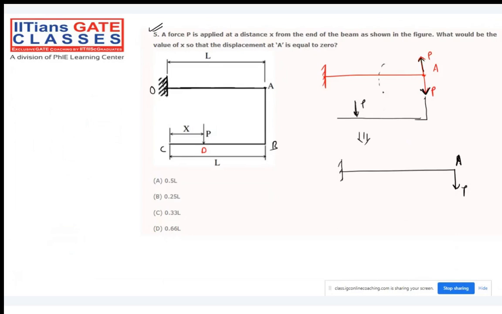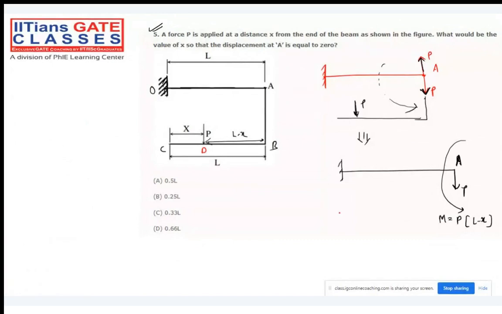We'll create the moment something like this. And what is the moment? P into L minus X. What about this distance? This will be L minus X. Getting my point? So now, when you try to solve this particular problem by the principle of superposition, we need to